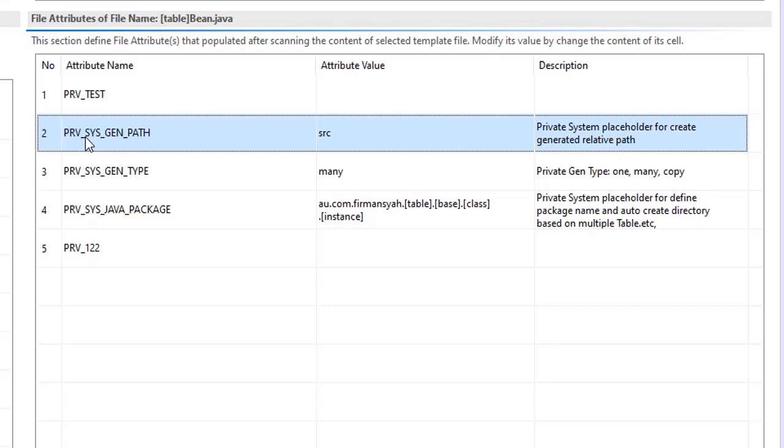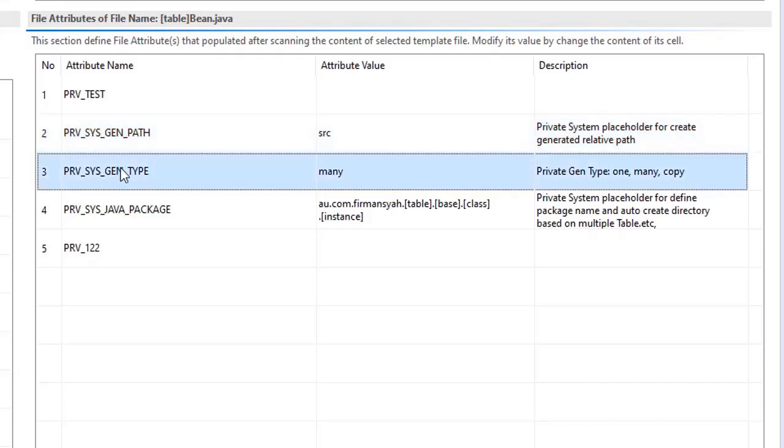For example, private system generation path is the target directory path for creating whatever files will be generated.